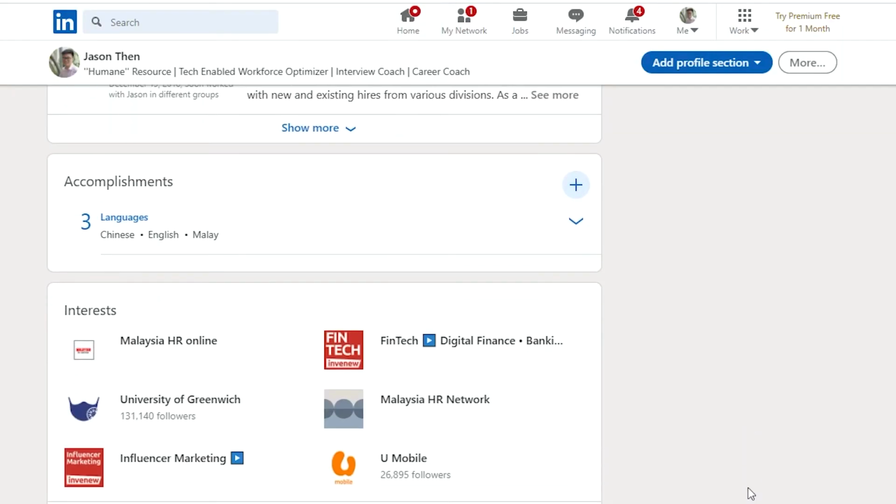Last but not least, the interest part. Let's say you're technical. I would encourage you to join some of the groups, because LinkedIn recruiters are actually trained that if they couldn't find it in the profile, they will go and dig into the interests and groups that you join. If you're a Java professional, you generally will join other groups.